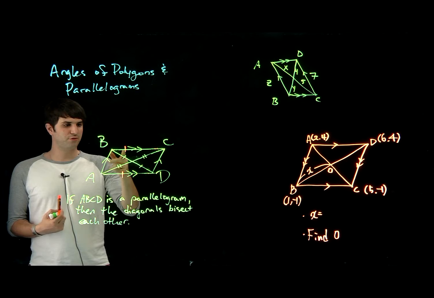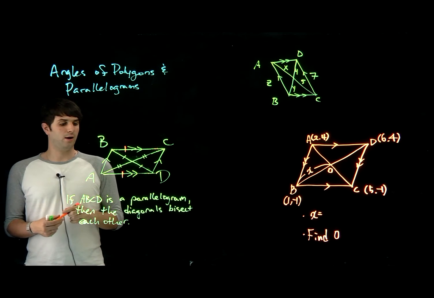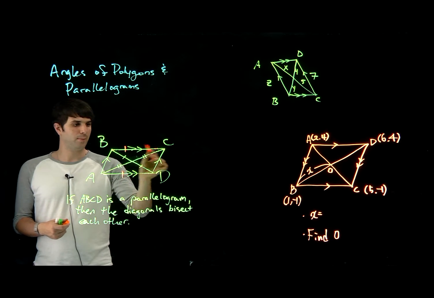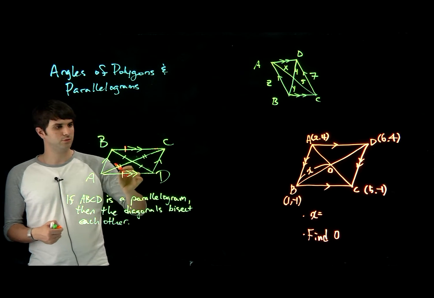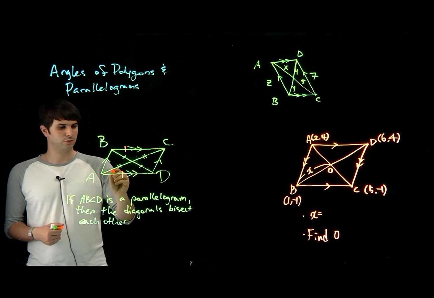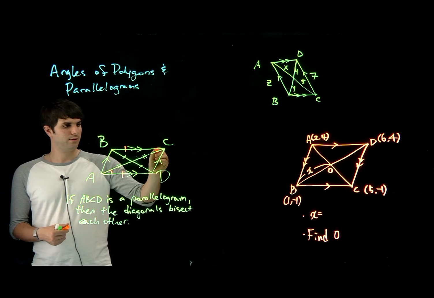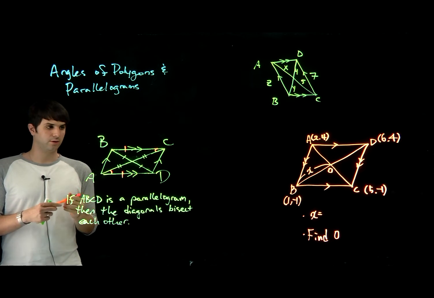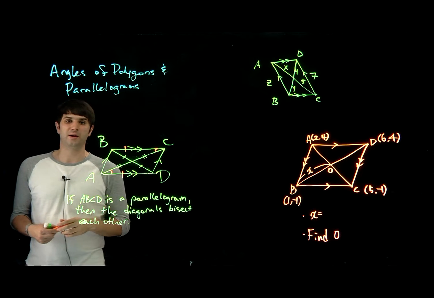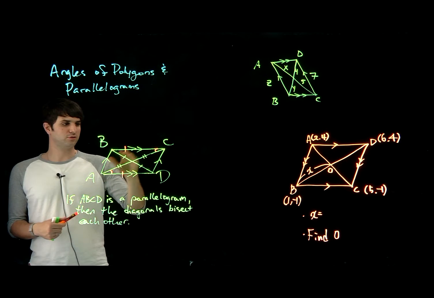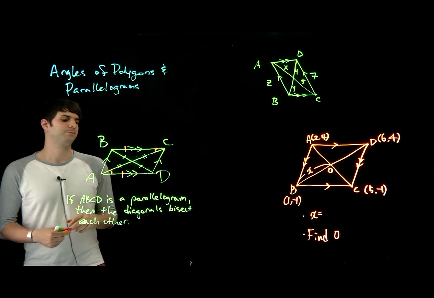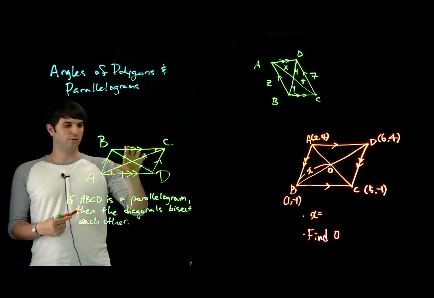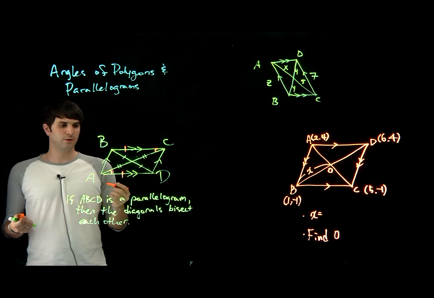We also know that whenever you have two parallel lines cut by a transversal, this angle and this angle are going to equal each other. That's called the alternate interior angle theorem, right? When a transversal cuts two parallel lines, the alternate interior angles are going to be congruent. Similarly,